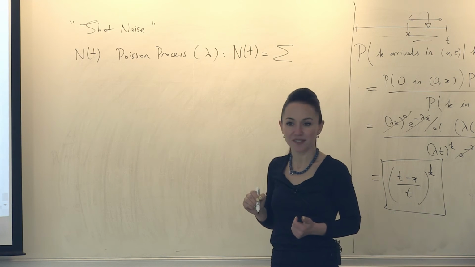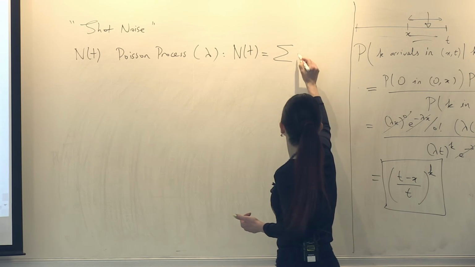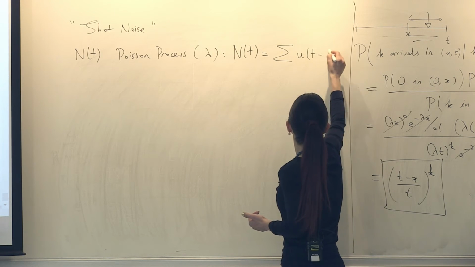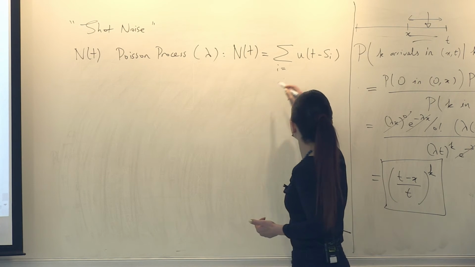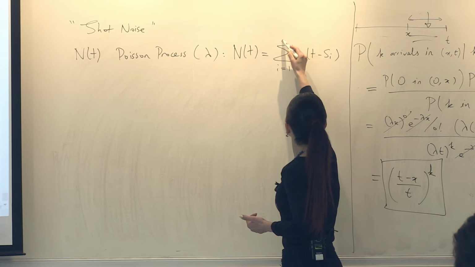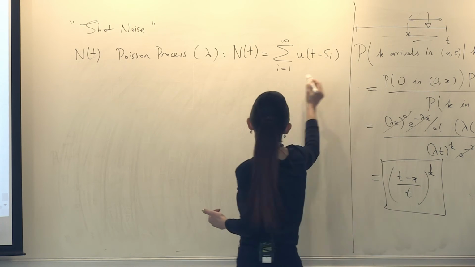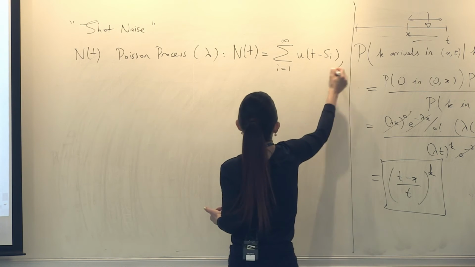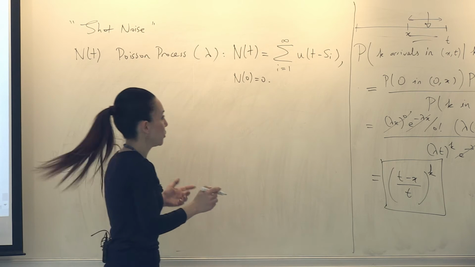Unit step functions. How about that? Summation of u of t minus S_i, i from 1 to infinity, really, where n of 0 is 0. Why? Because